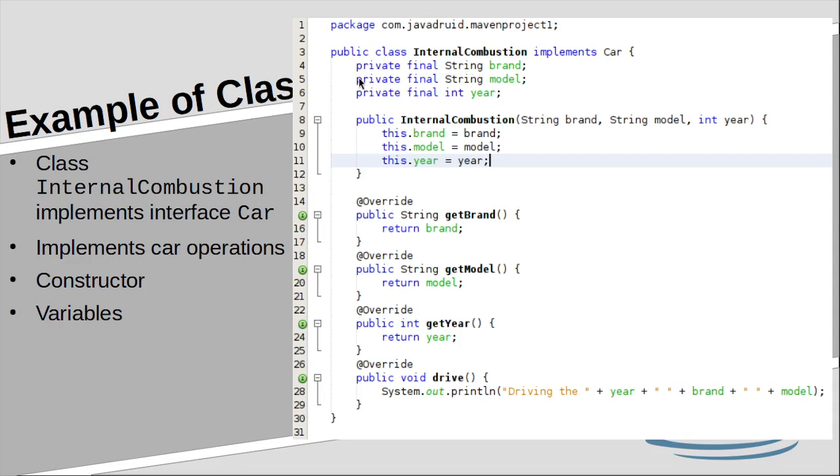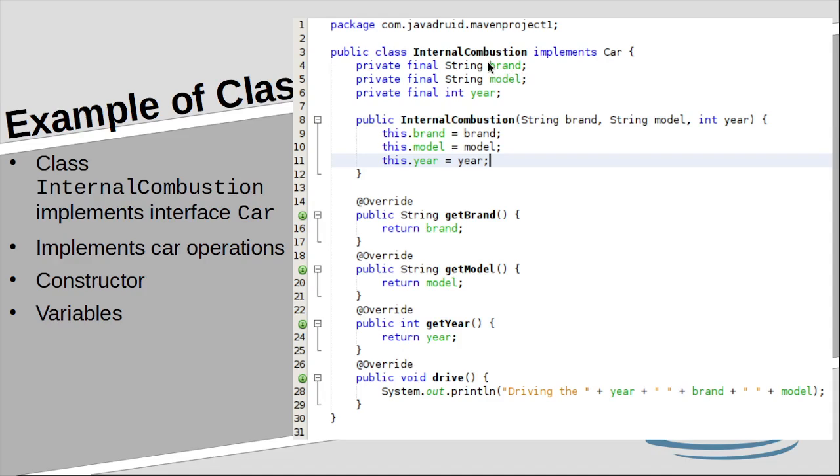Now you have here 3 internal variables. These are private variables, or members, or instance variables. You can see them with those different names. These variables are final, which means that they can only be set once.